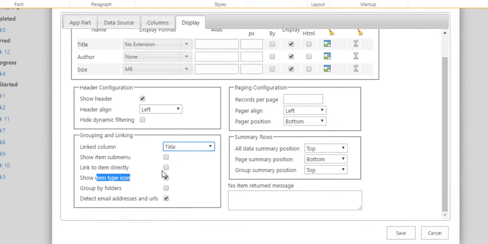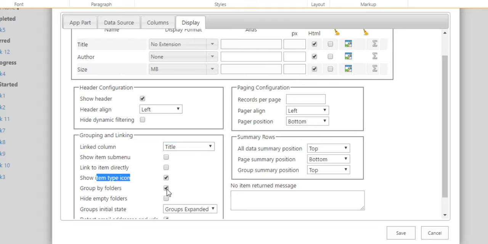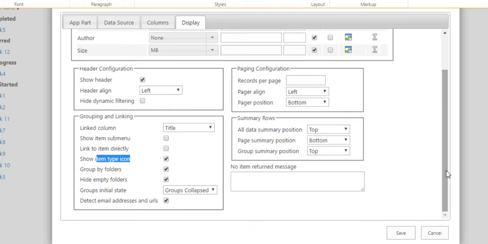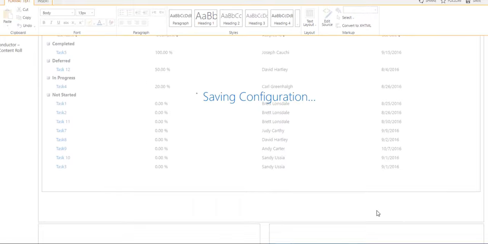And we can also do things like, do we want to open up the document directly or not? If we don't open up the document directly, then we'll simply see the properties of the document when we click onto the item. So we have a choice there. We can also group by folders. This actually makes the folders navigatable. We can expand and collapse them as we would do inside the document library themselves. So we would want to have those collapsed by default, and we can also hide any empty folders if we want to. So we'll hit save,